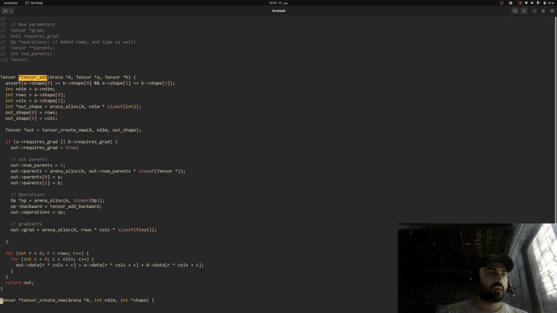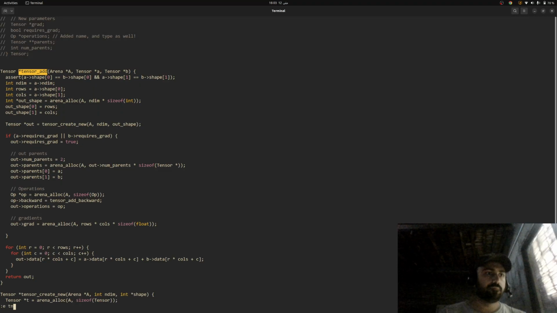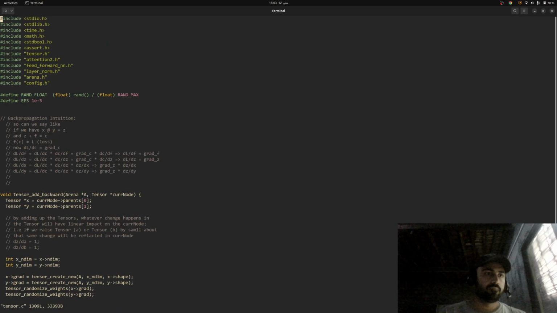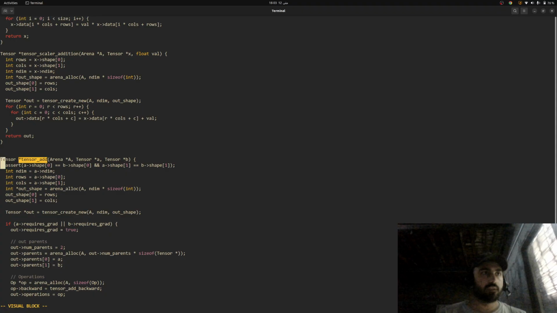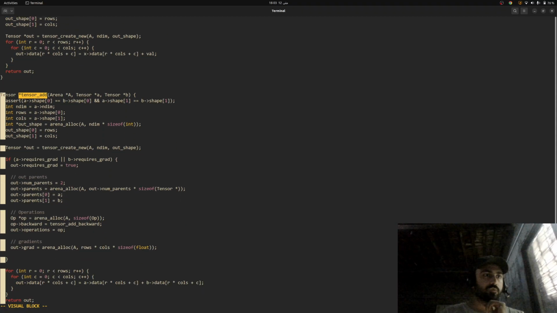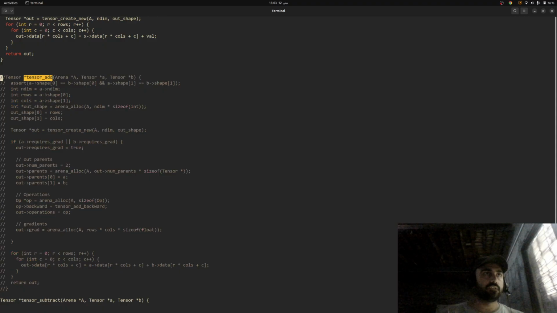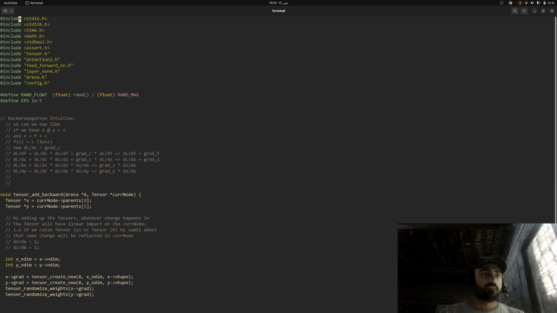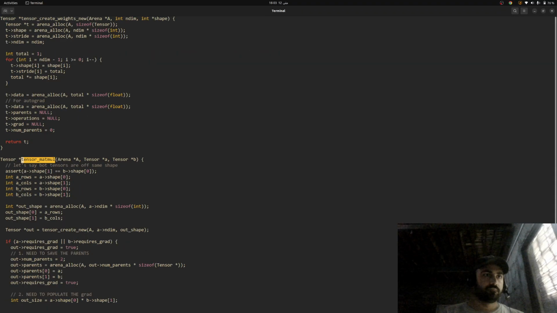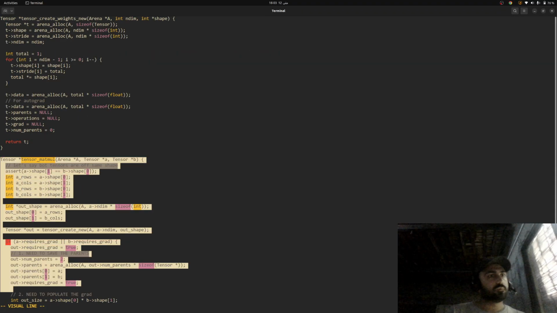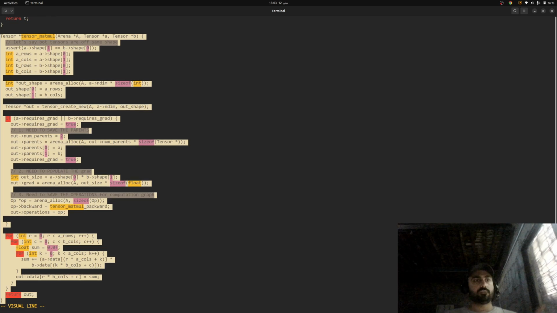And then I have something called tensor matmul. So add, let's comment this out because we just want to create our testing environment in the t.c file. So this is going to be tensor matmul, and just copy this one as well. So I'm just copying these functions to that file,